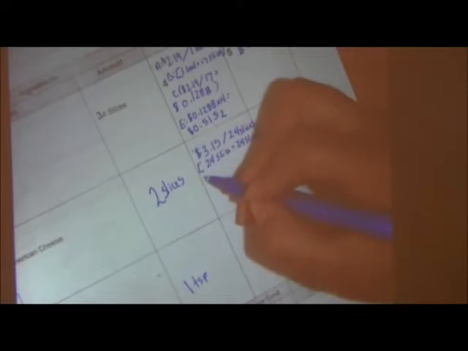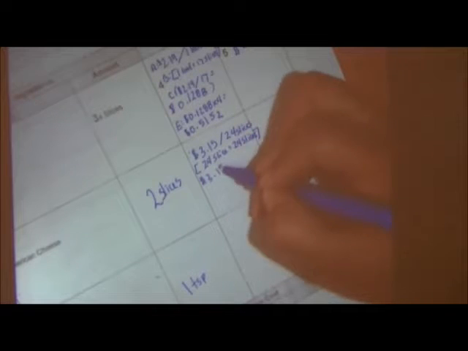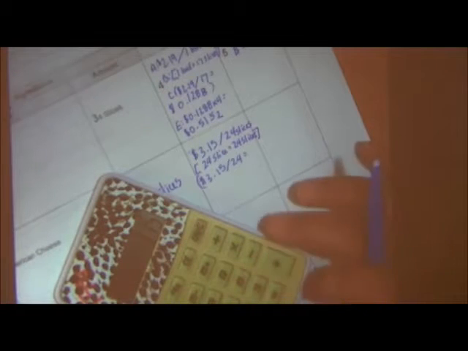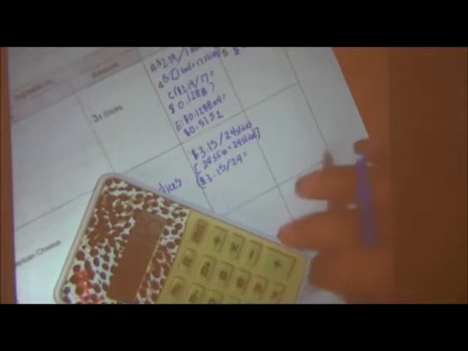C. Now I'm going to take my 24 and divide it by the cost. So $3.15 divided by 24 slices equals